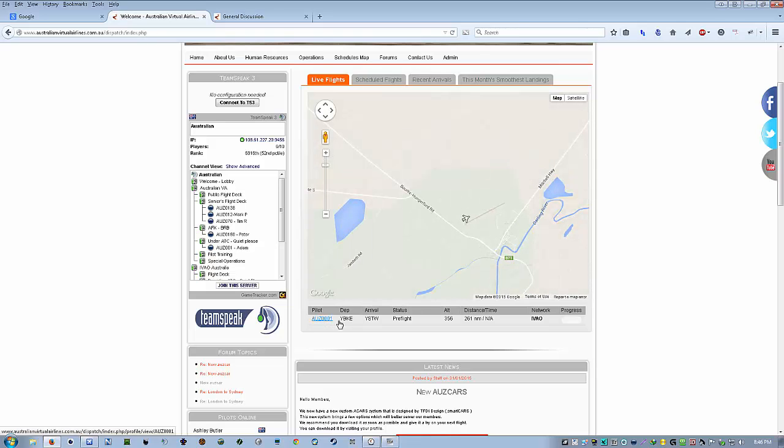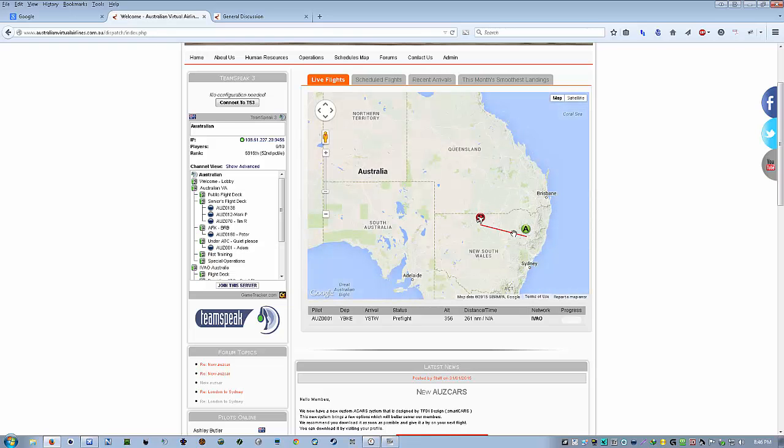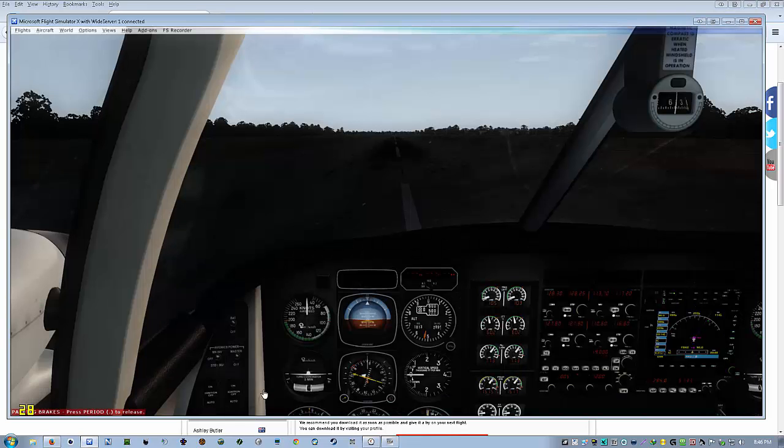Down the bottom here it tells us my call sign, pre-flight, IVAO network, and our progress. And it will basically do the same if you click on bring up the bottle. It will also tell us what client we're using. And there's our route. Okay, so